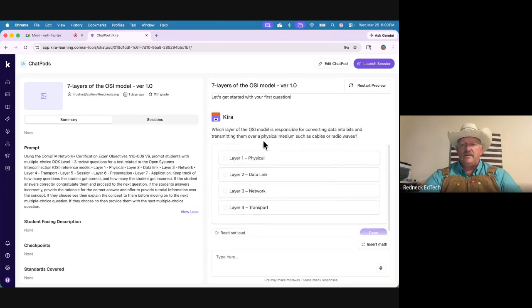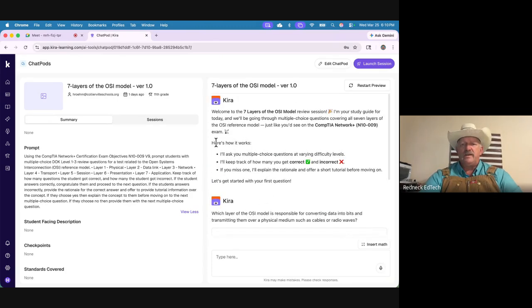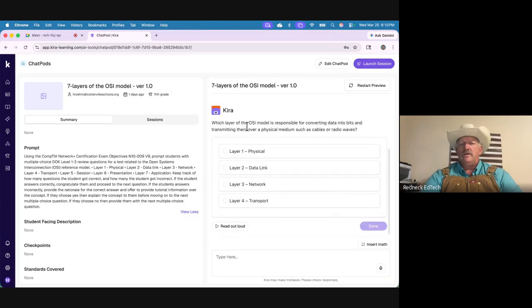So it says, let's scroll back up here, it's a little fast. I'll ask you multiple choice questions at varying difficulty levels. I'll keep track of how many you got right and wrong. If you miss one, I'll explain and offer a short tutorial before moving on. Let's get going. Which layer of the OSI model is responsible for converting data into bits